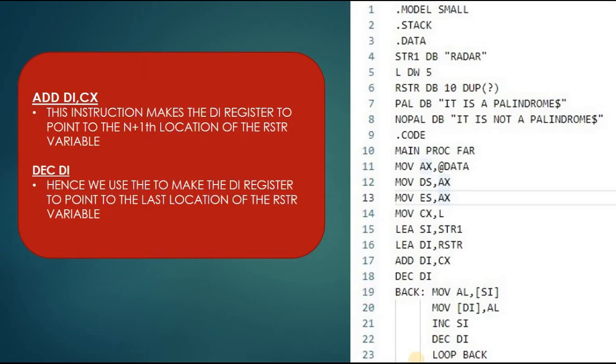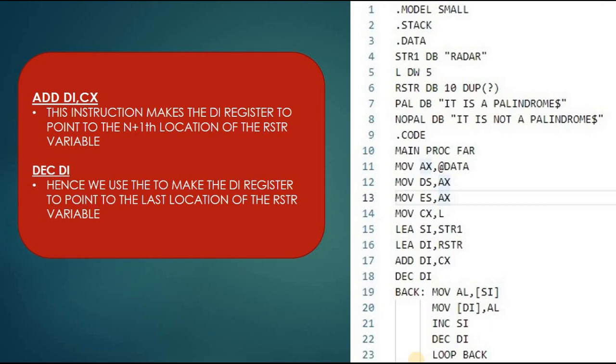The 17th line of the program says add DI, CX. Before this instruction, DI was pointing to the 200th location, and after this instruction, the DI will point to the 205th location. We are doing this because to check whether a given string is a palindrome, we have to reverse the string. So we assign the last address of the DI register as the base address, but the DI is pointing to